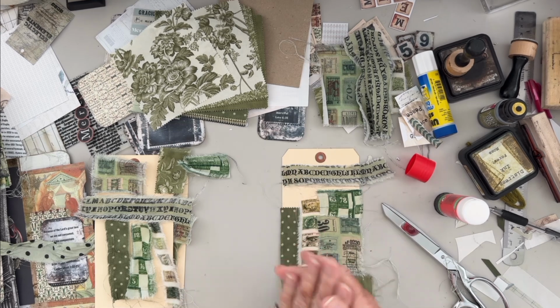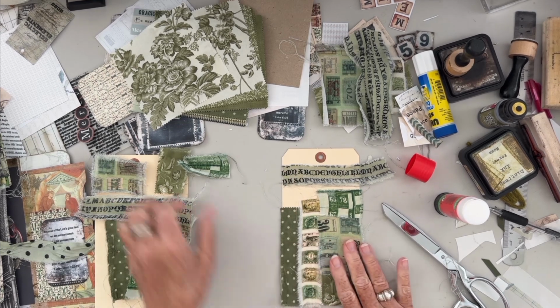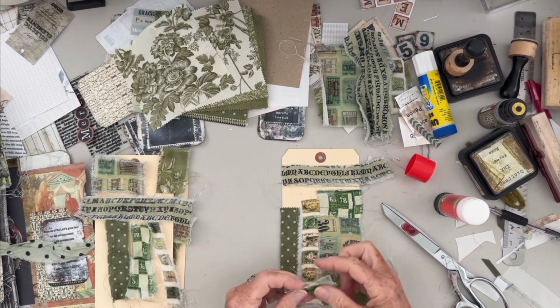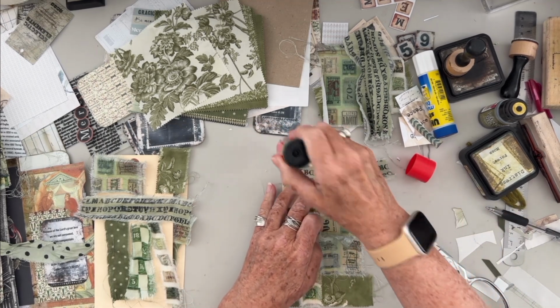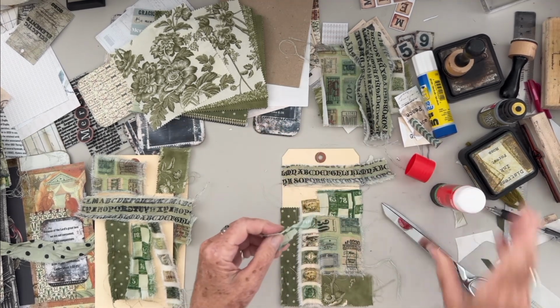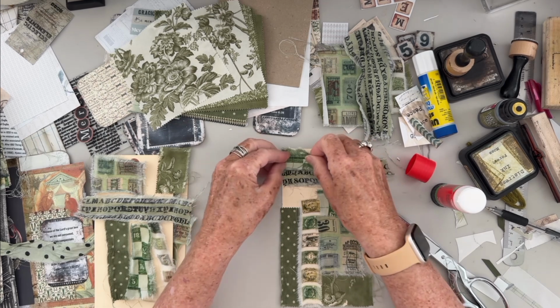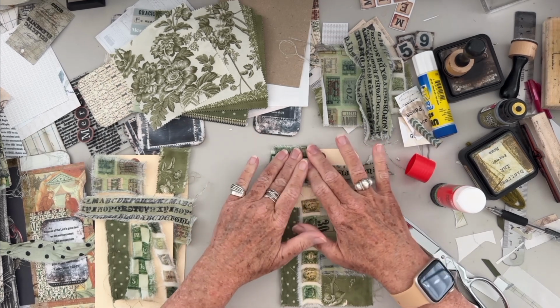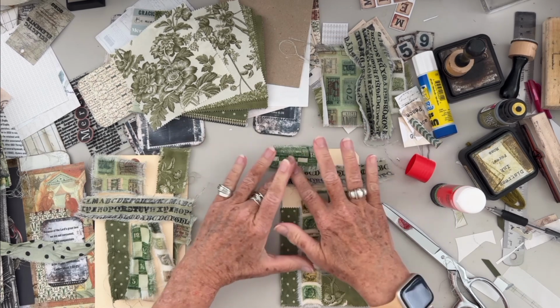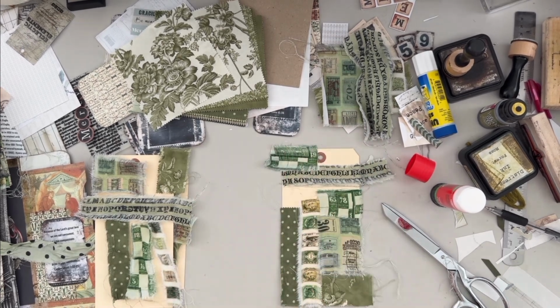We already have that one. Okay, that's all. Now I have this other little piece left. Maybe we'll put it up here. I may have to pull some more fabric out. Put that on the side of there. Okay. So what I'm going to do is I am going to keep gluing, but I'm going to...